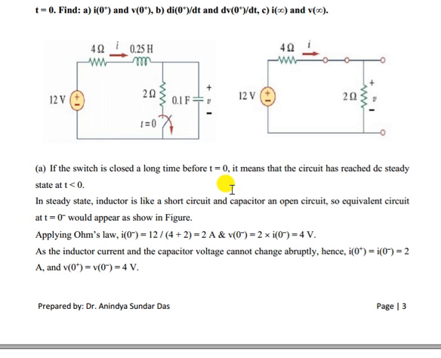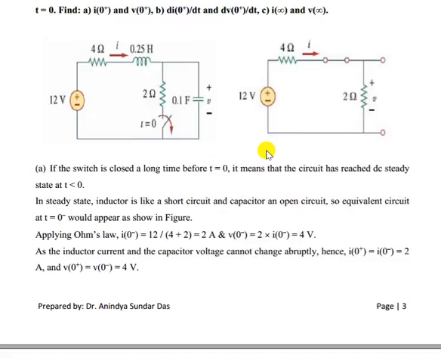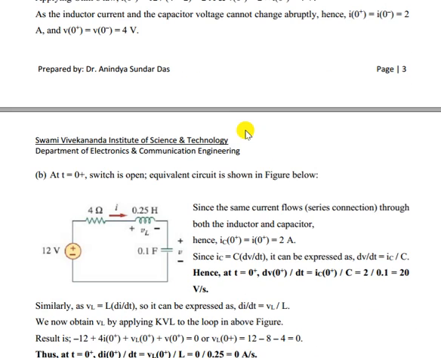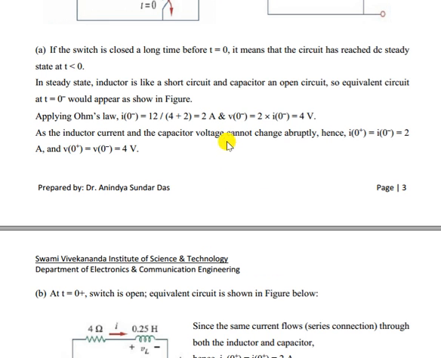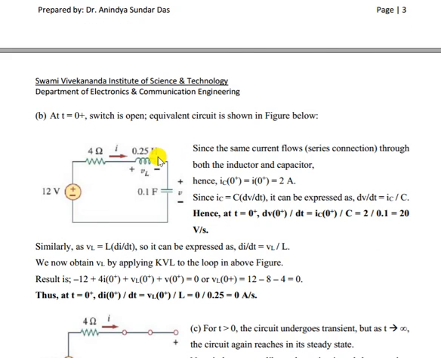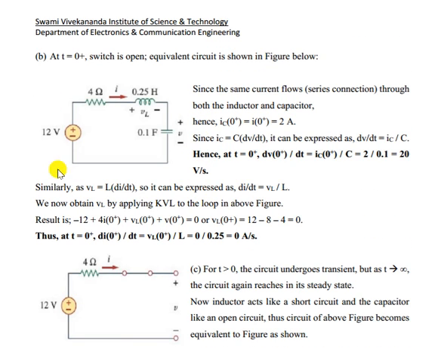Now here what you have to consider is what happened just after switching, at t equal to 0 plus. In the previous RC/RL circuit we didn't have to consider that; we had to find the I infinity or V infinity value. But here, after the switching operation, the switch becomes open, which means we have this circuit, and this 2 ohm resistor is discarded because it is open circuited. So this is the circuit just after t equal to 0 plus.